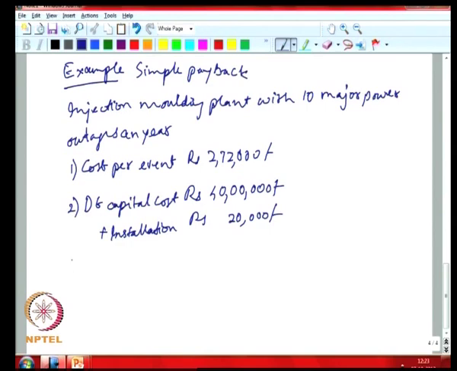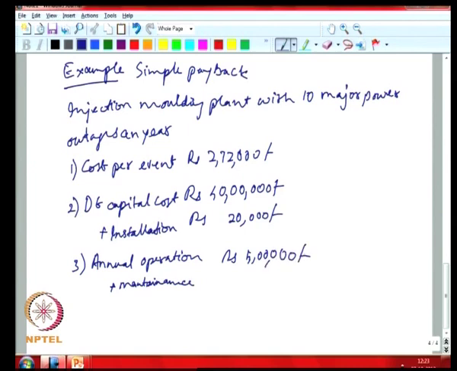And your existing O&M, operation and maintenance cost, is rupees 4 lakhs,